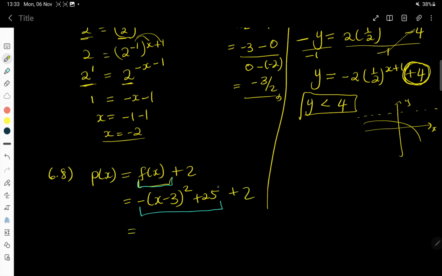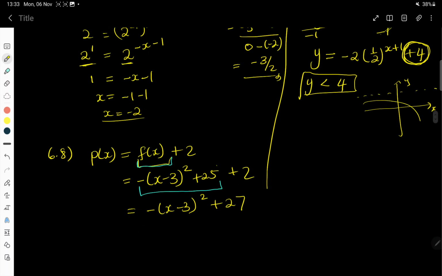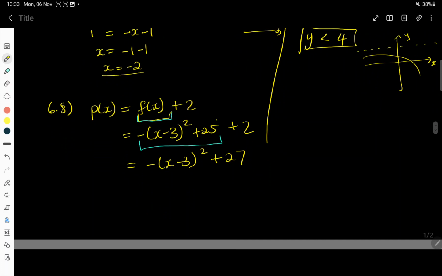Then the like terms are 25 plus 2. So it's going to be negative x minus 3 squared plus 25 plus 2 is 27. So the new turning point, the turning point of P of x, remember I said to take from here, it's going to be (3, 27). Simple. And then the last question,